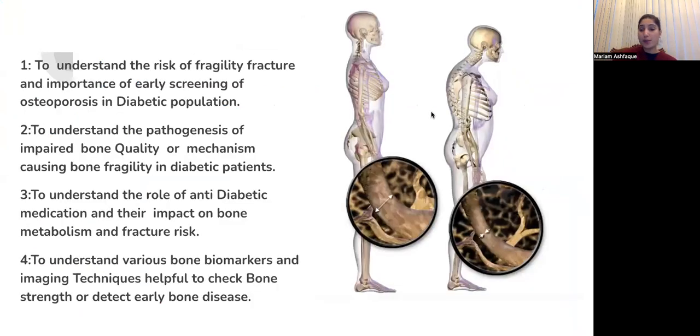The four main objectives of today's talk are, first, to understand the risk of fragility fracture and the importance of early screening for osteoporosis in the diabetic population. Second, to understand the pathogenesis of impaired bone quality and the mechanism of how it causes bone fragility in diabetic patients. Third, to understand the role of anti-diabetic medication and its impact on bone metabolism and fracture risk. And fourth, to understand the various bone biomarkers and new imaging techniques which are helpful to check bone strength or detect